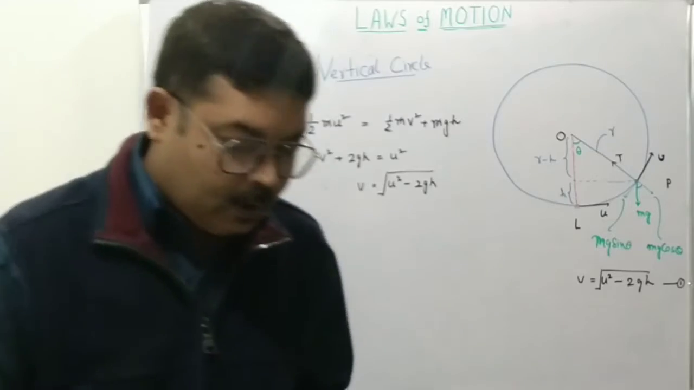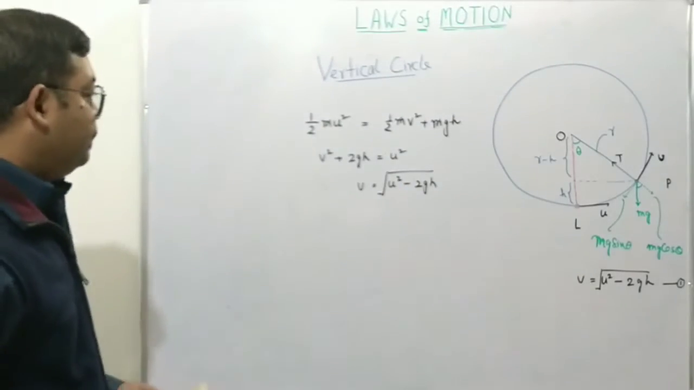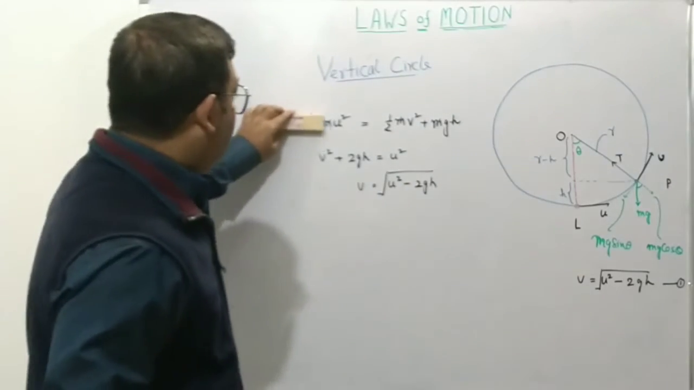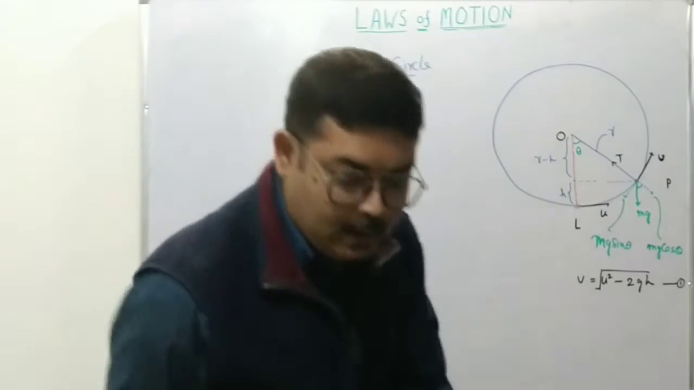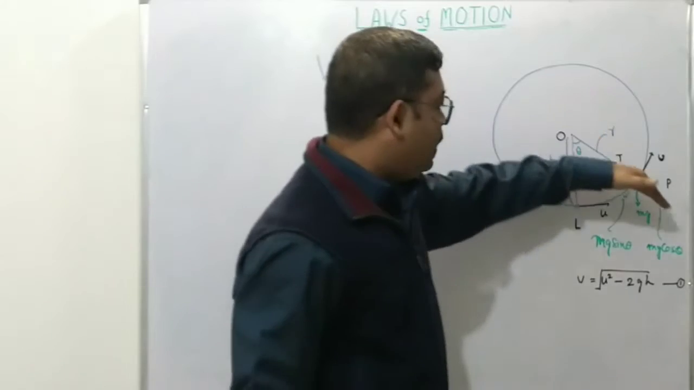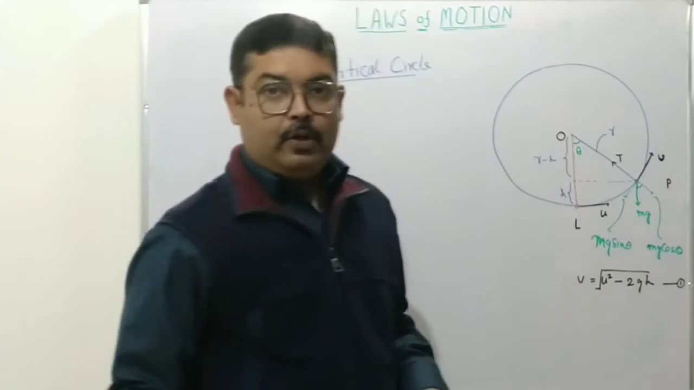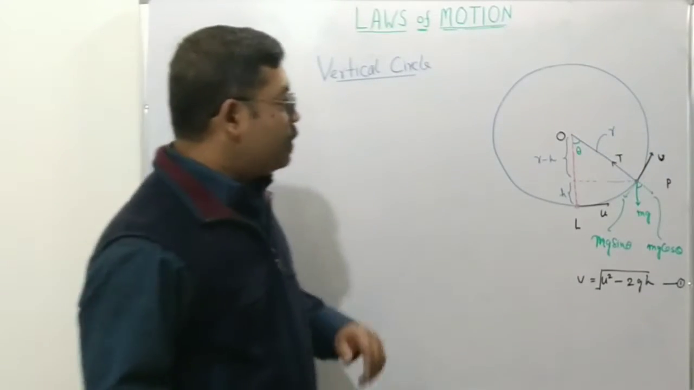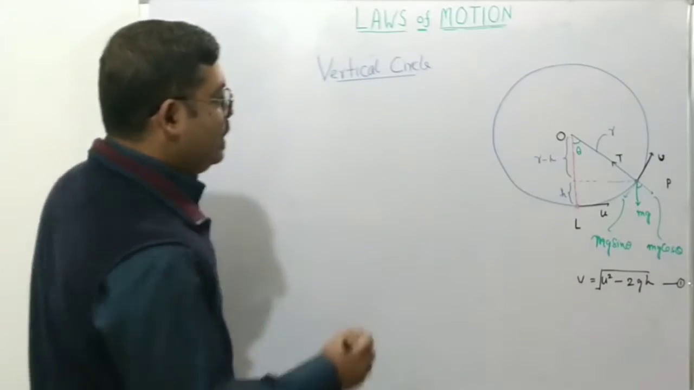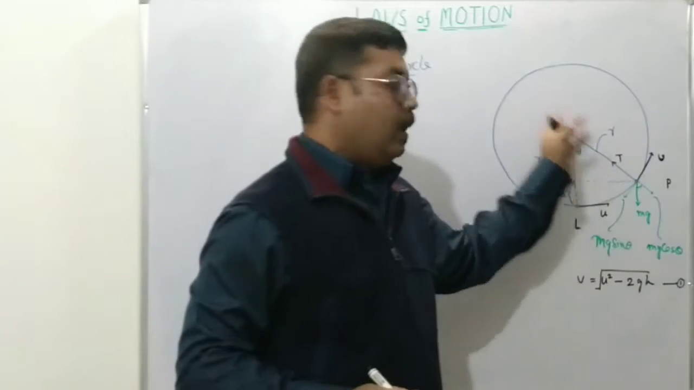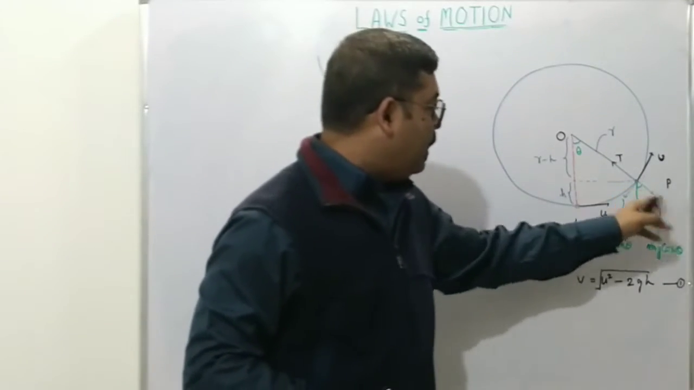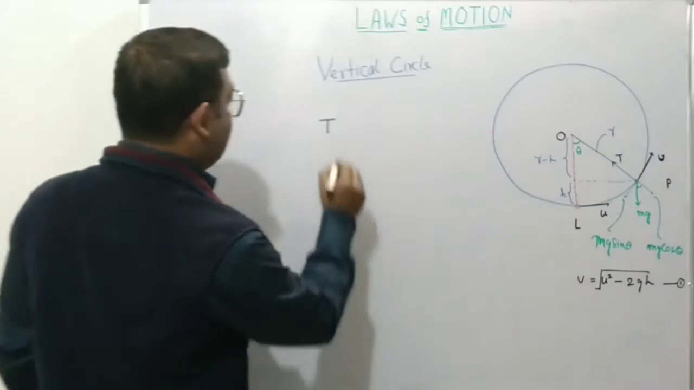Now let's consider the tension. To consider the tension, if we consider the forces acting along the radius, we can apply Newton's second law of motion to that. What are the forces that are acting along the radius? Is tension towards the center, then mg cos theta away from the center,